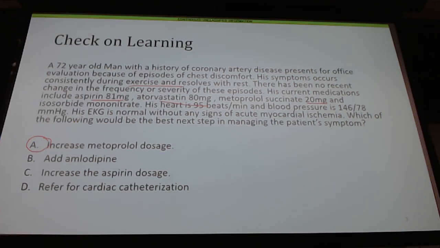So the blood pressure may come down. It may even come down to goal once we increase that dosage of metoprolol and bring that heart rate down. Now, the other reason that amlodipine is not necessarily the best answer in this case is calcium channel blockers don't convey a mortality benefit like your beta blockers do. So I want to prioritize beta blockers over calcium channel blockers in this instance because of that mortality benefit afforded by the beta blocker. Okay.